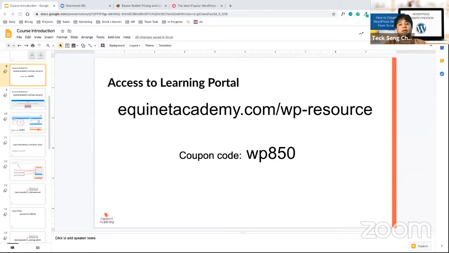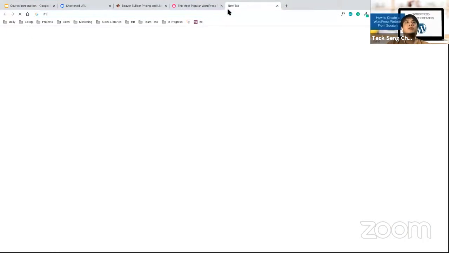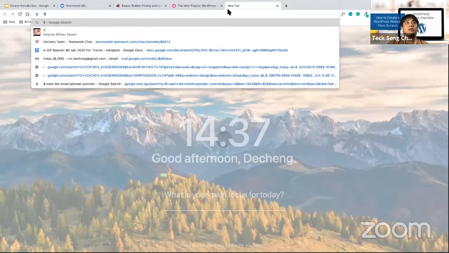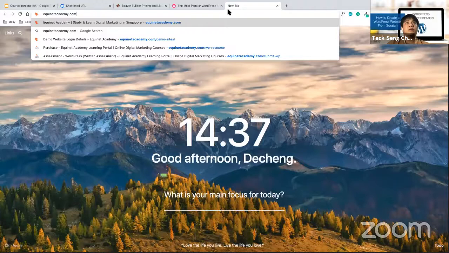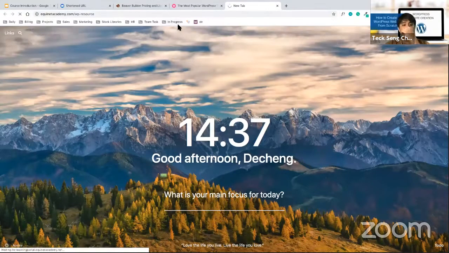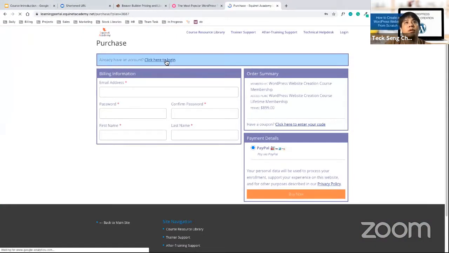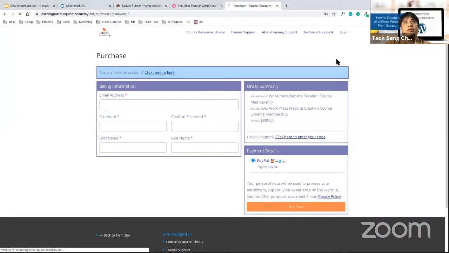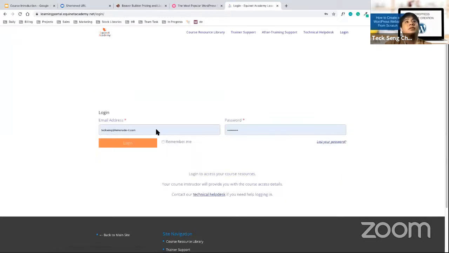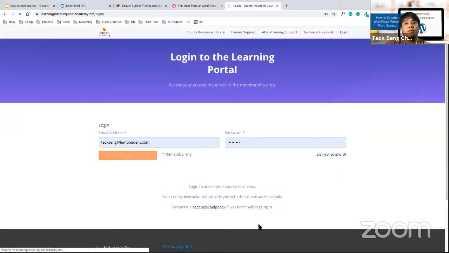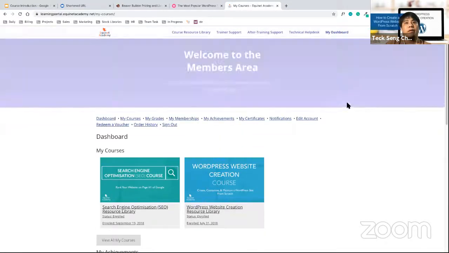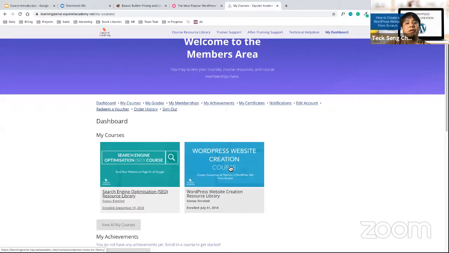Okay. So once you're logged into a learning portal, this is what you can see. So you just need to click here to log in. So you click on login, enter your email and your password. Okay, then you can see WordPress website creation course. So just click on WordPress website creation course.